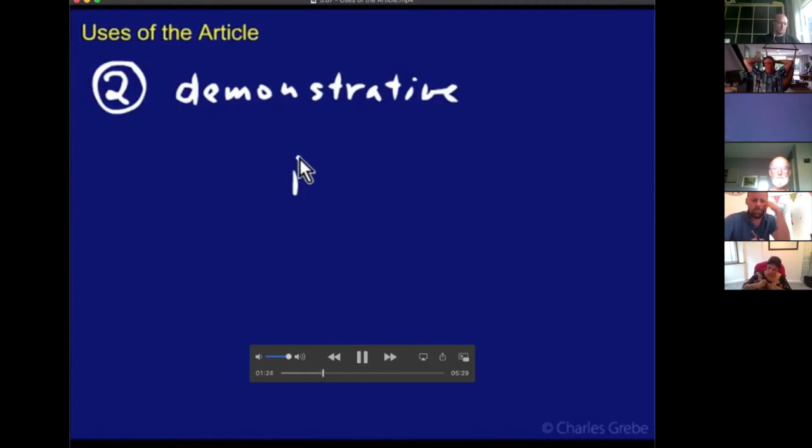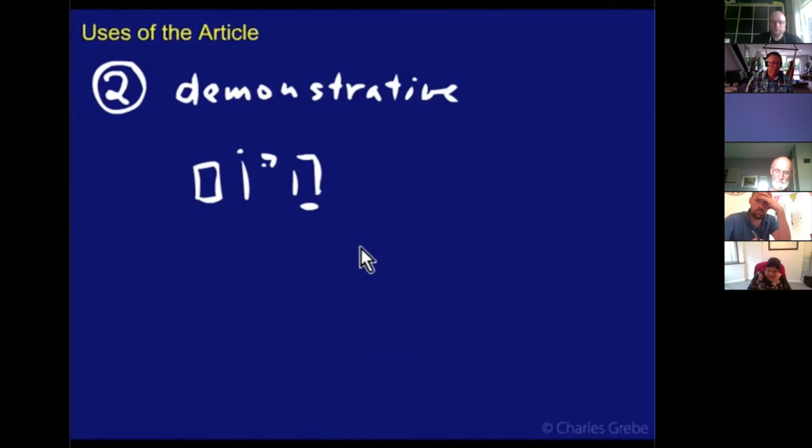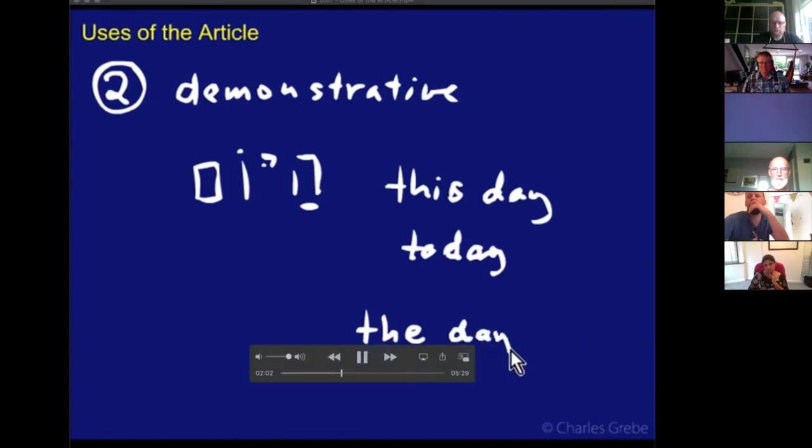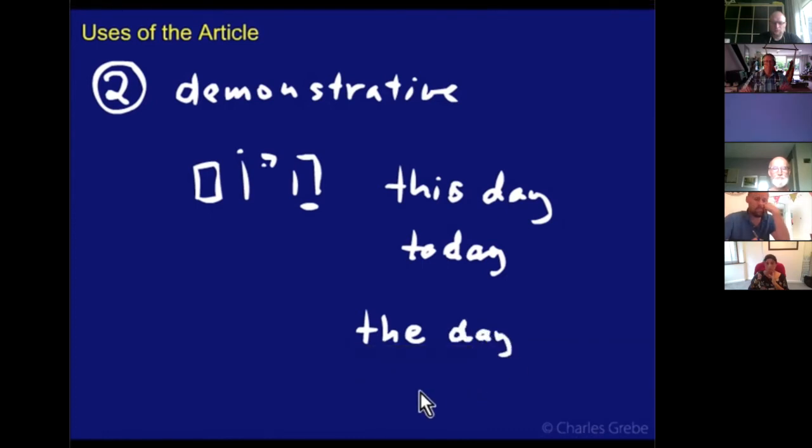A good example, and a common example, is hayom. Yom means day, and so hayom means the day, but in some contexts it can mean this day, or today. So it's context that will tell you whether the article is functioning as a demonstrative, this day or today, or whether it's just a plain old specifying a noun, the day. Okay, that's use number two as a demonstrative.